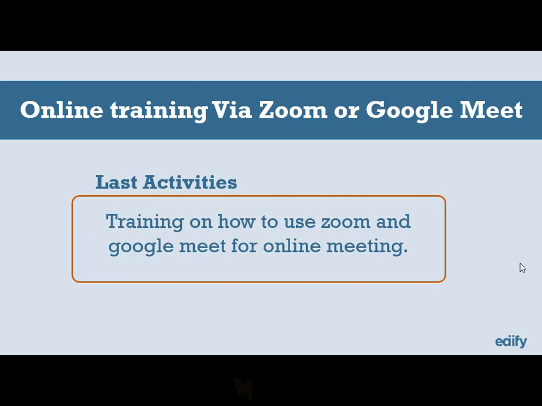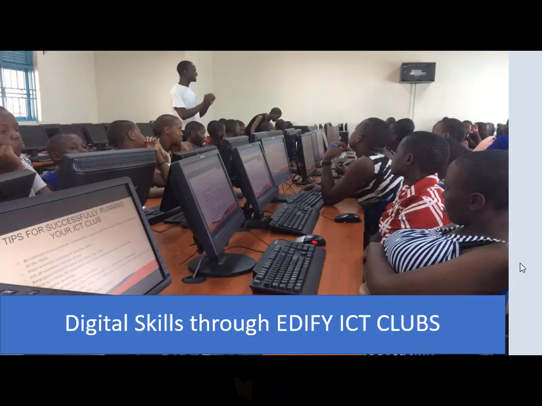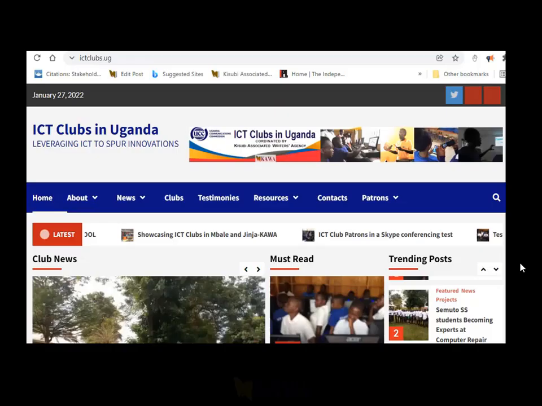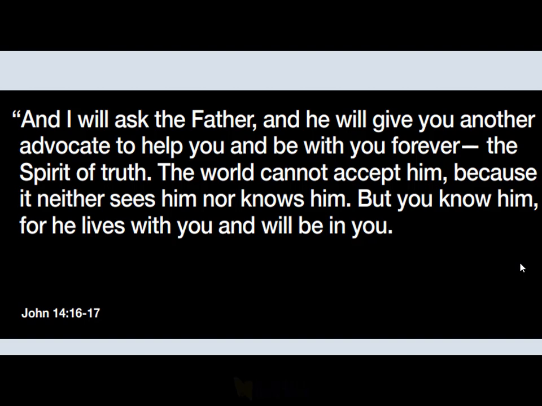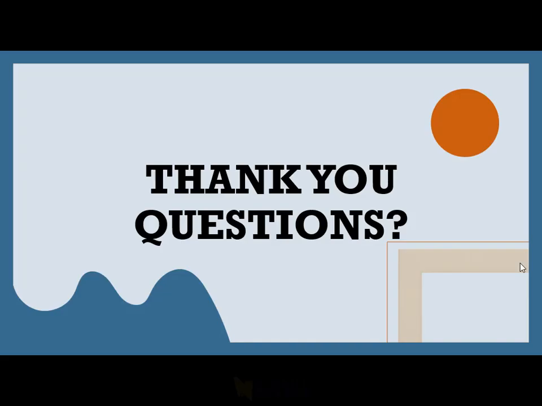Edify has them, KAWA has them, for us to continue. And these are some of the resources that you find on computers, especially when you have internet, even when you are offline. And then internet in the box is very important. It's going to help you connect and support digital skills for all your learners. And this is very, very important. Check on the ICT clubs, which KAWA is implementing with UCC, and go beyond. Focus on the skills which are very, very useful for learners.